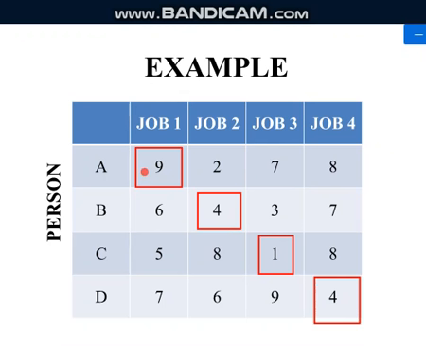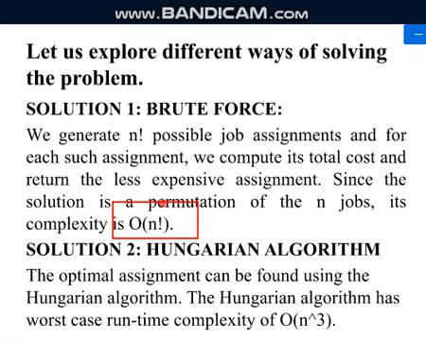So if I just check like that, it is nothing but 4 into 3 into 2 into 1. So 4 into 3 into 2 into 1 is what? It is 4 factorial. So here you have 4 people and 4 jobs. So that is the reason you have got 4 factorial ways of allocating the jobs. So this will be the worst scenario. So we will not apply the brute force method for this type of problems.